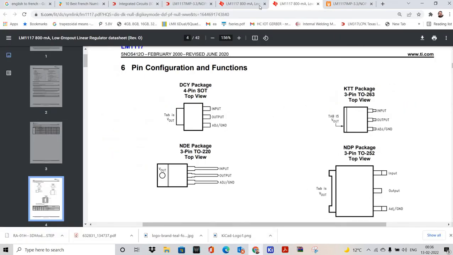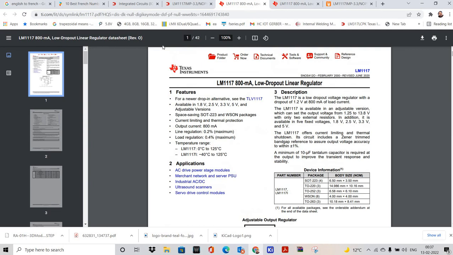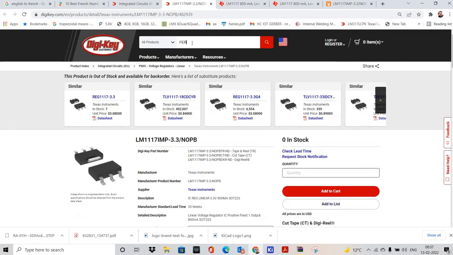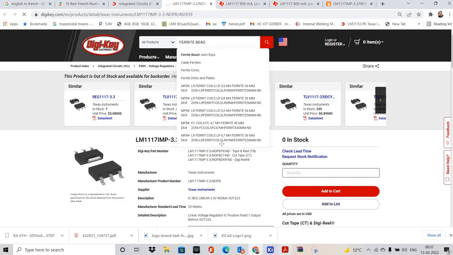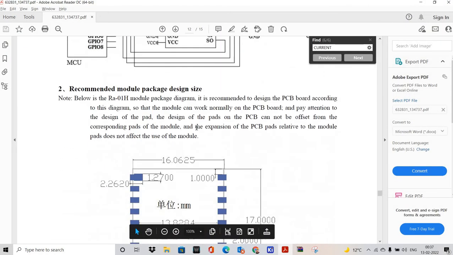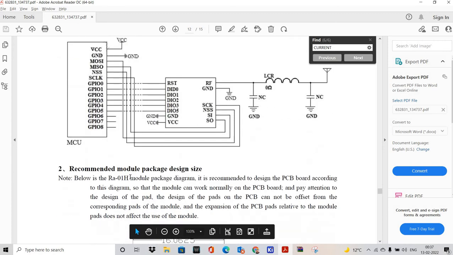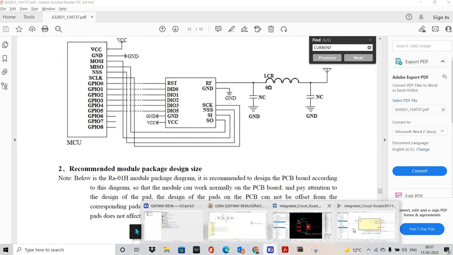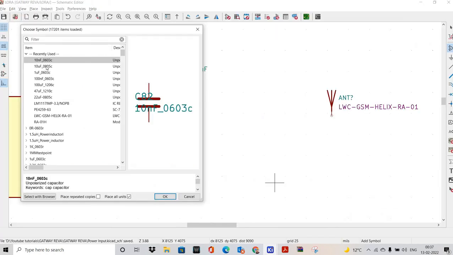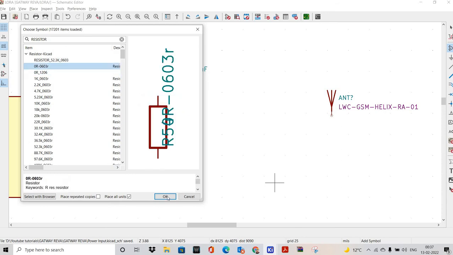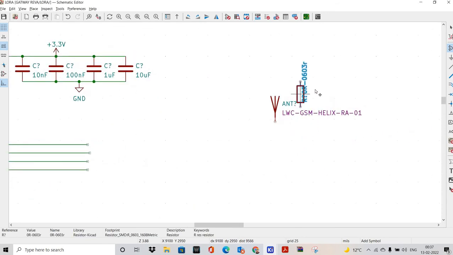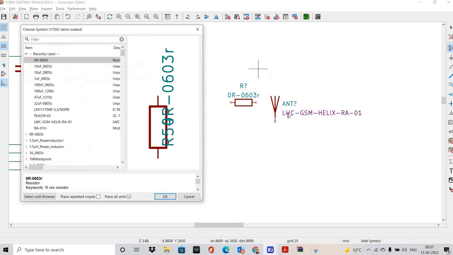Okay, save it and then we'll look for some inductor, ferrite bead. Ferrite bead, I'll check the part number here. Or we can simply add a 0 ohm resistor. Add resistor 0603 and then add here